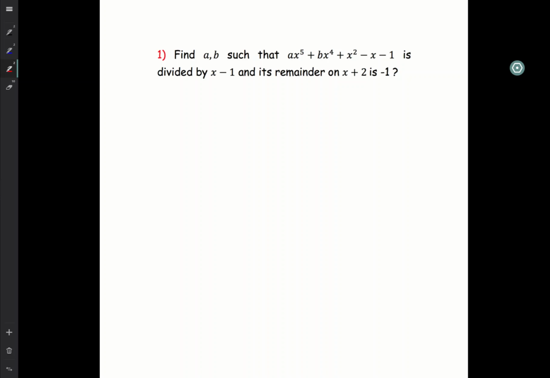Alright, so the first question is find a and b. So a and b are some numbers or parameters such that the polynomial ax^5 + bx^4 + x^2 - x - 1 is divisible by x - 1, and its remainder on x + 2 is negative 1. Alright, so let's call this p of x,